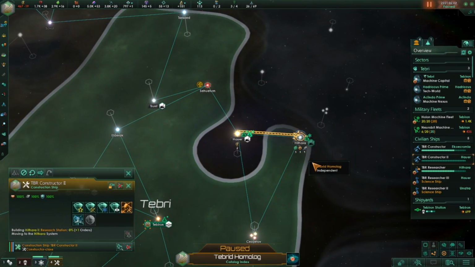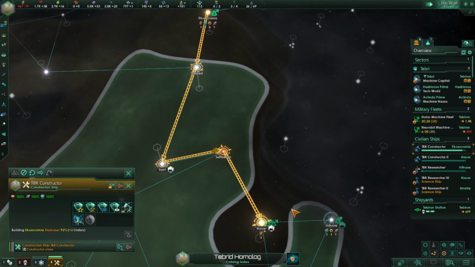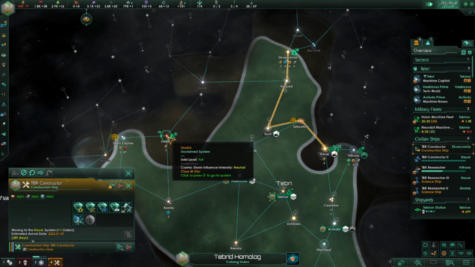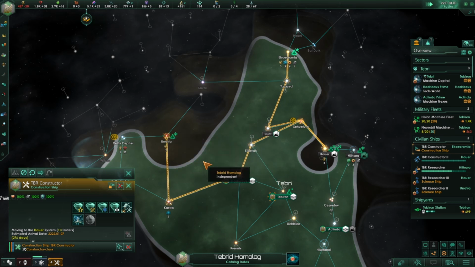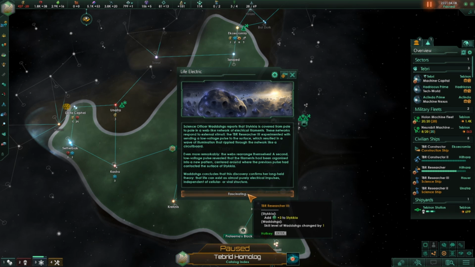Okay. So you finished here. This construction ship will then have you build that science outpost. Then let's have you move here and we'll build that one as well. Life Electric. Our scientist reports that